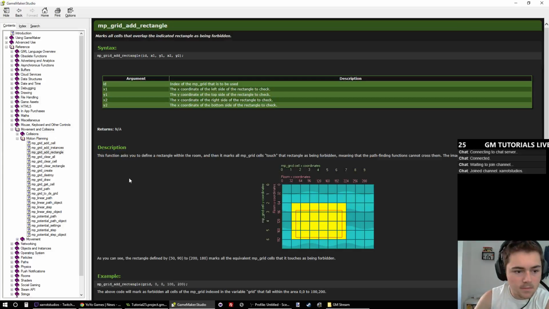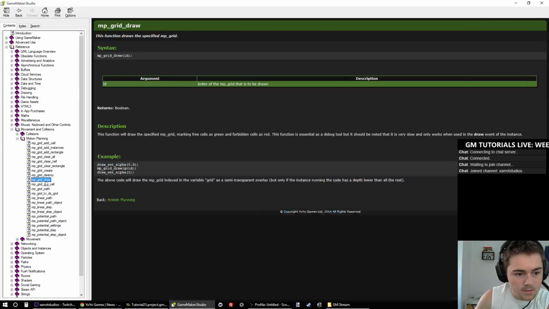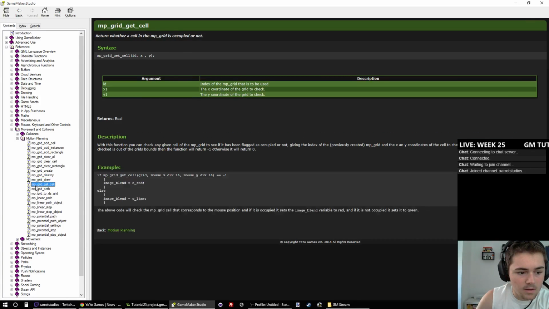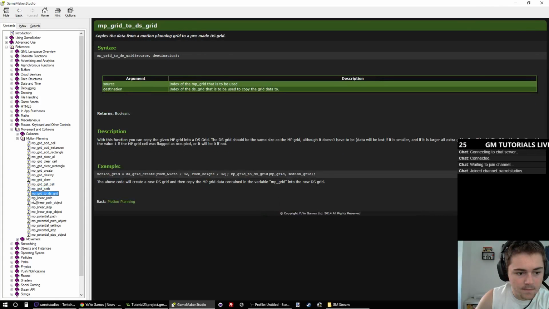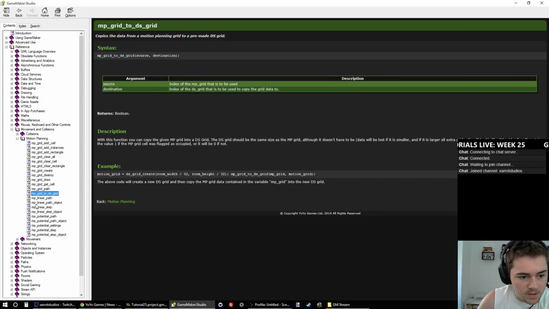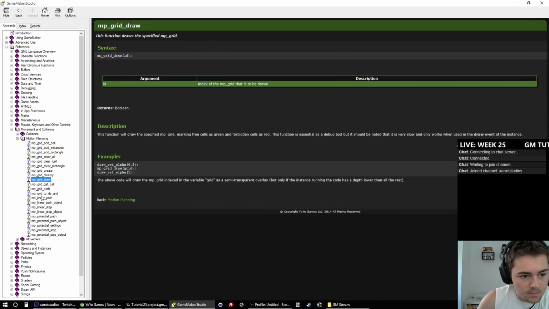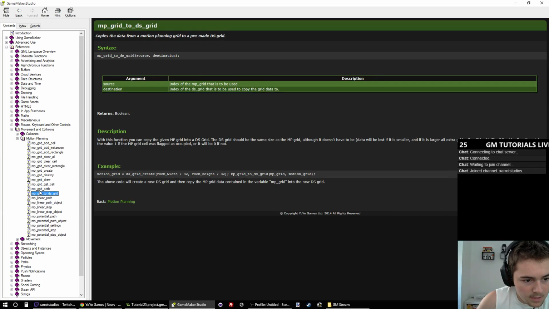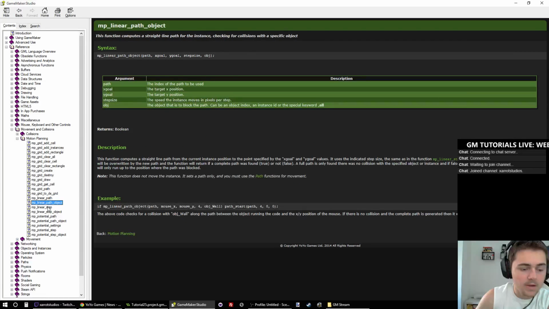Okay. I probably won't use this because that's dumb. We'll draw it ourselves. Oh, you can do a grid to a DS grid. That's cool. Can you do a DS grid to an MP grid? Probably not. No. I don't think you can. Okay. So